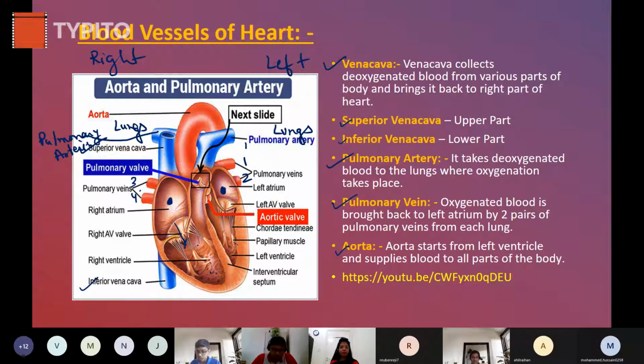Now, pulmonary artery, what is the pulmonary artery? That is the blood vessel which is taking the blood, deoxygenated blood, to the lungs for oxygenation. And lungs are doing oxygenation, and after oxygenation, when the blood is filled with oxygen, that oxygenated blood is given to the heart by pulmonary veins. And pulmonary veins are in two pairs, one from each lung. Next is the aorta. Aorta is the blood vessel which is taking the oxygenated blood away from the heart to supply to all parts of the body, and aorta is later on divided into many arteries.